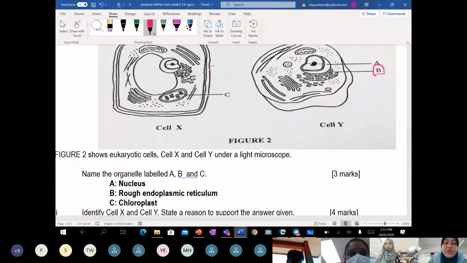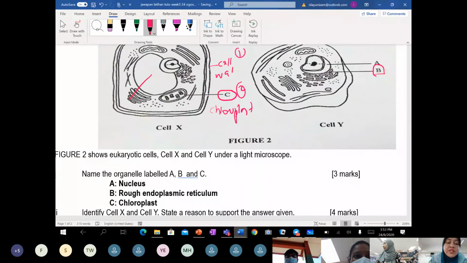Cell wall, you can observe. Chloroplast. Okay. Yes, of course. Absolutely, you are right. Chloroplast. Okay, one more, 1, 2. What else can you differentiate between these two? This one, what is this? Yes, vacuole. Okay, yes. Vacuole. And